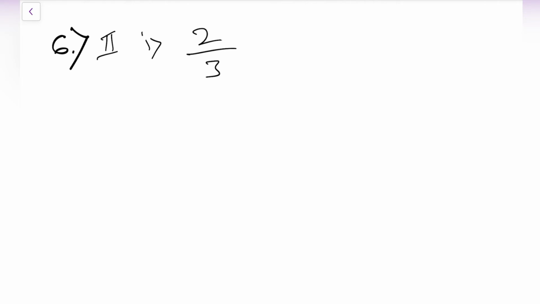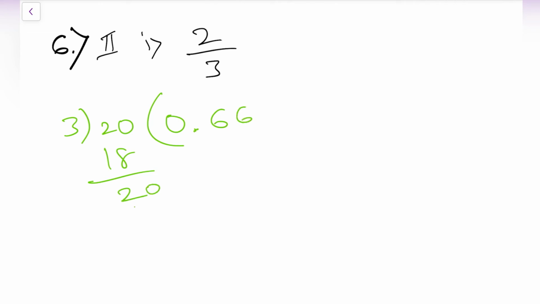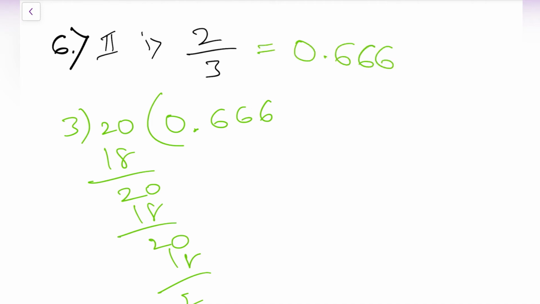So let us do the division of 2 divided by 3. 3 and 2 here. So in 3 table 2 won't come, so 0 point, here 0, 3 6s are 18, 20 minus 18 is 2. Already decimal is there, so keep one more 0 here, 3 6s are 18, again 2, again 0, 3 6s are 18, again 2. So if we look at it, it continues like that only. So 2 by 3 value is nothing but 0.6666666 and so on. The same we will write as 0.6 bar.